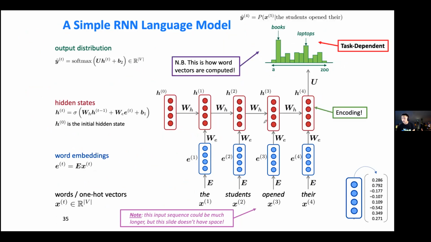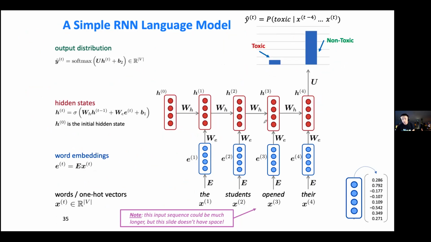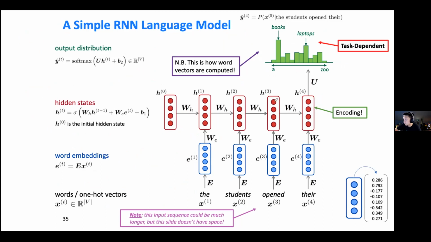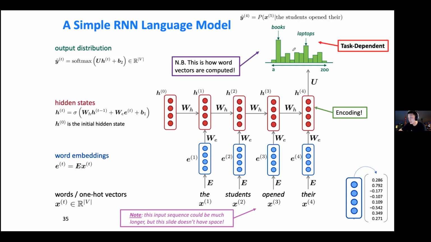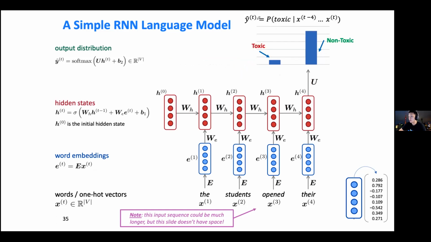The other thing that I wanted to mention is that this U, we already talked about this pretty extensively before, but the output is task dependent. What this task dependence means is that you can actually swap this out. You don't necessarily have to predict the next word once you've trained your word embeddings. You can swap this out with any other task. So you can look at the probability that a sentence is toxic